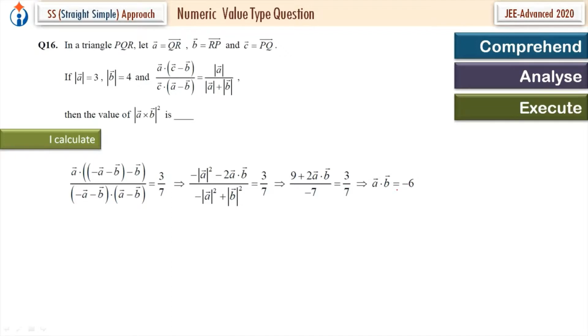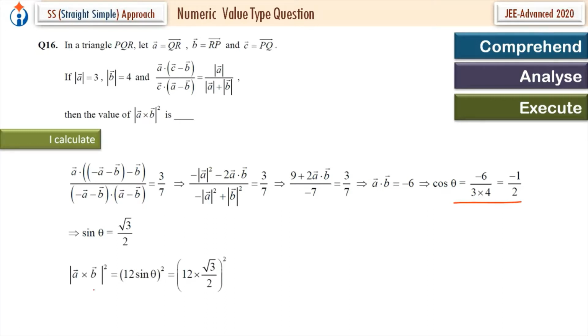Now A dot B is equal to AB cos theta. So we got cos theta is equal to minus half. So sine theta will be root 3 upon 2. Now cos theta is negative, sine theta is positive. Why? Because the angle between the two vectors is from 0 to pi. If cos theta is negative, it means the angle is from pi by 2 to pi, for which sine theta is positive.